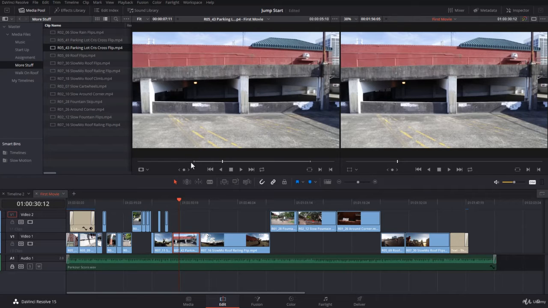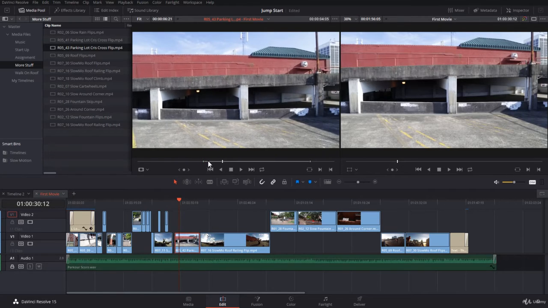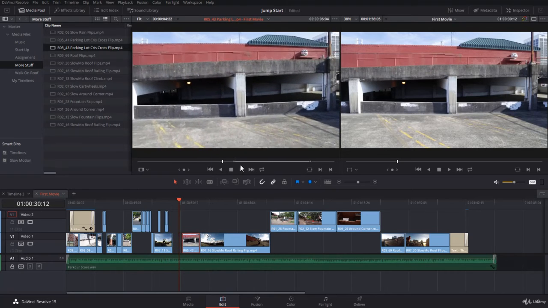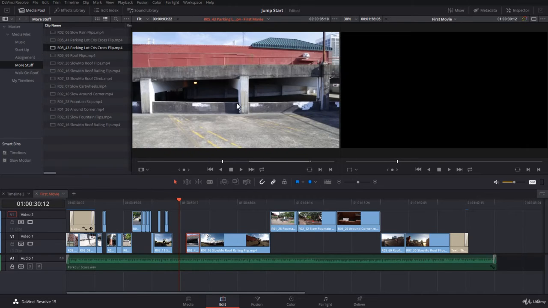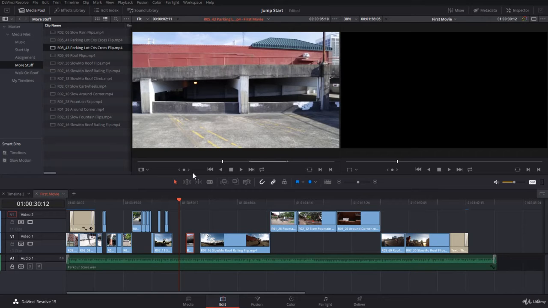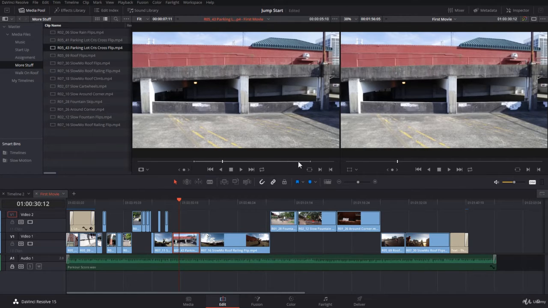Remember, we are in selection mode. If I change the in point, you notice what's happening in the timeline. We are also changing the in point in the timeline. We are editing this inside the source monitor. Cool. We can change the out point. But now all these gaps are starting to appear in the selection mode, and we have to go back and edit these gaps and delete them. Let's undo all this. So we are back to the old in and out points,